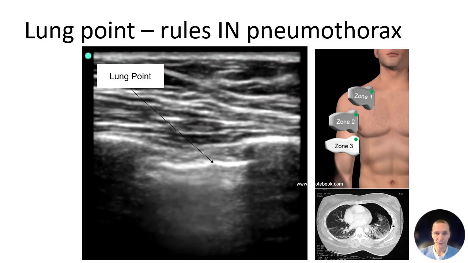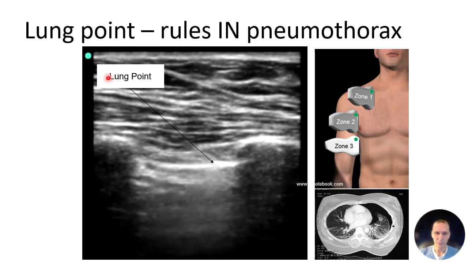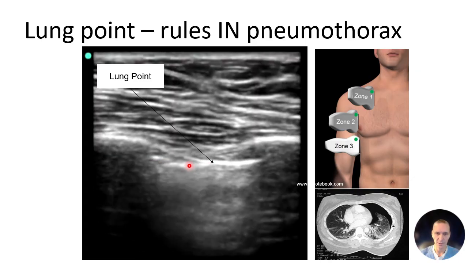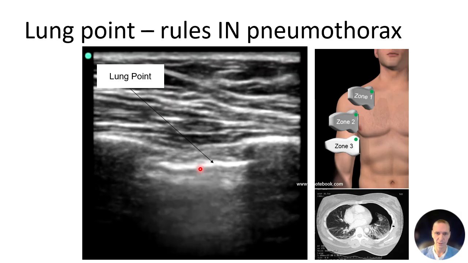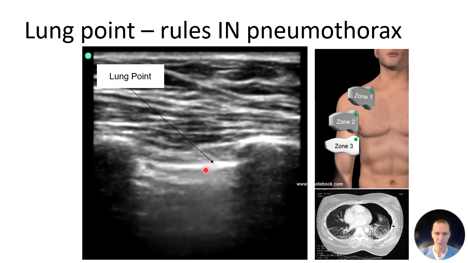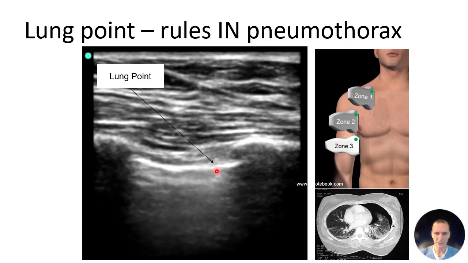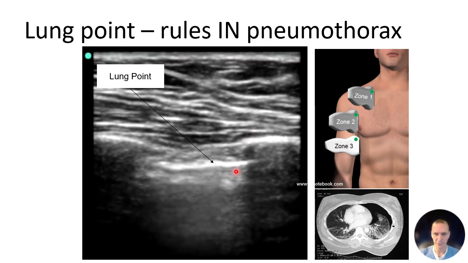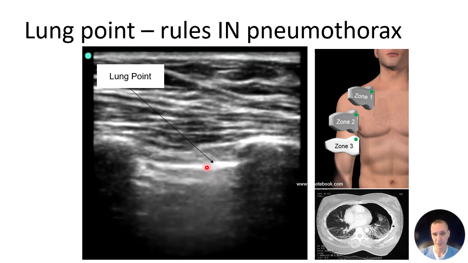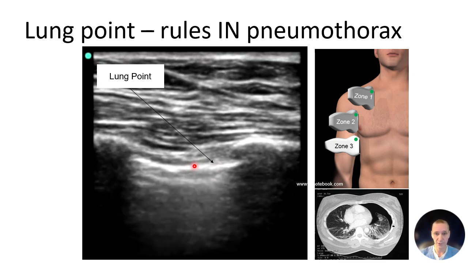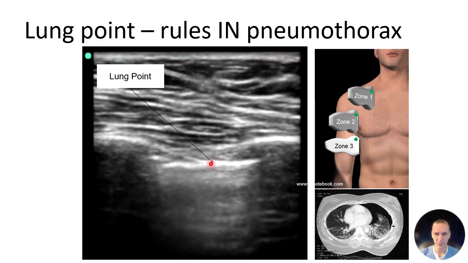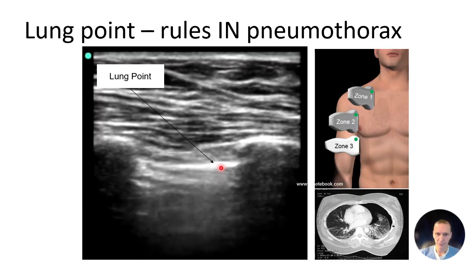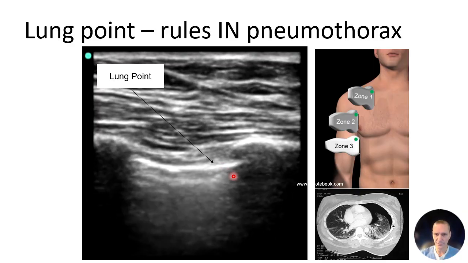The way to rule in pneumothorax is you may hear a term called lung point. So here is lung point, and what you're seeing is the lung is moving here, and then at some point there's a pneumothorax. So air separates the parietal and visceral pleura here. So this is actually suggestive of, or can rule in, a pneumothorax. I would not spend time looking for lung point. That just delays definitive care. However, if you're trying to quantify the size of a pneumothorax,